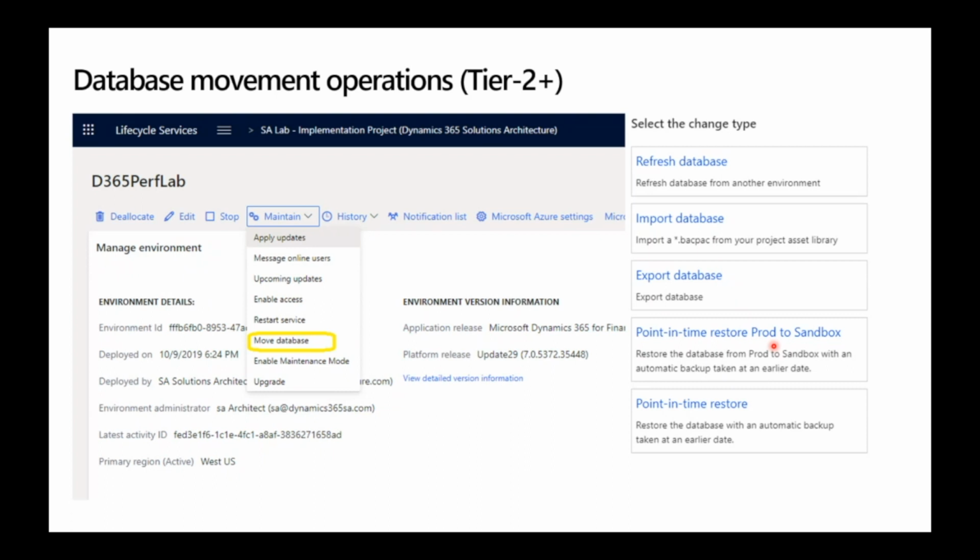And then the last one is the point-in-time restore. This is a little bit the same as a rollback, but you need to understand that it is not exactly the same. A point-in-time restore is just restoring the database to any time point in the last 30 days. But once you have executed that point-in-time restore, you start with a new database, which has the data from the moment you have been selecting, but it doesn't have any history any longer.